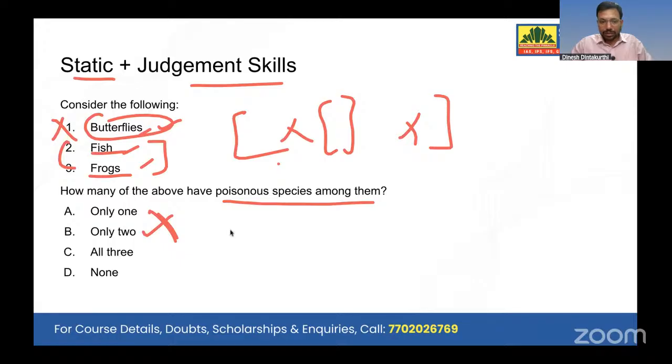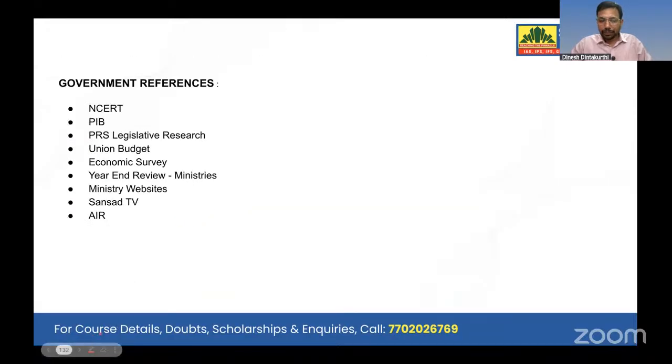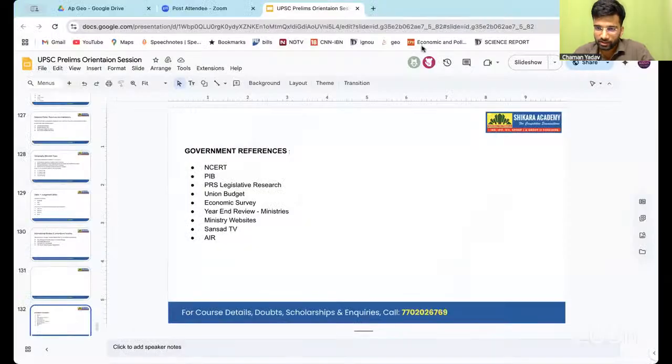So over to you, Chaman sir. Okay. Thank you, Dinesh sir. Thank you all the faculties. So we have come to the end of our discussion today. We have discussed all the 8 different subjects and their weightage, what types of questions were asked, the level of difficulty, whether the questions were current affairs based, static or applied. All of this we have discussed and concluded in this session. We tried our best to show you the exact picture of what the UPSC prelims trends have been, what UPSC has been asking you, or what it intends to ask you. And now, concluding remarks from respected Deepika ma'am.